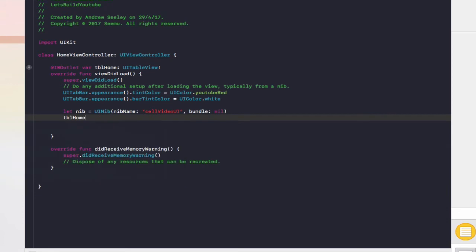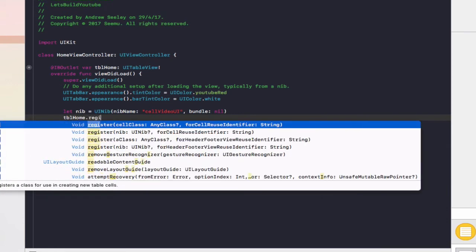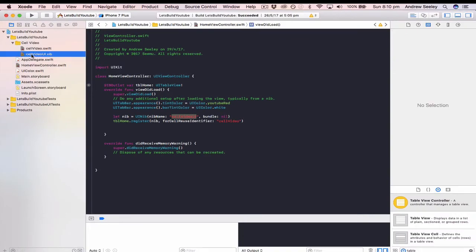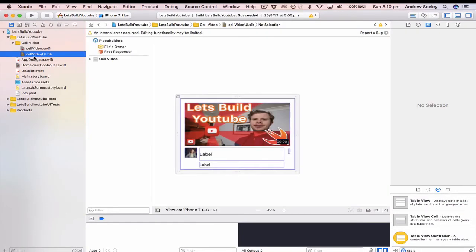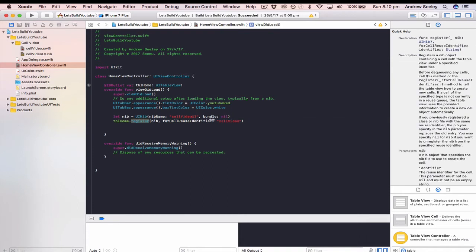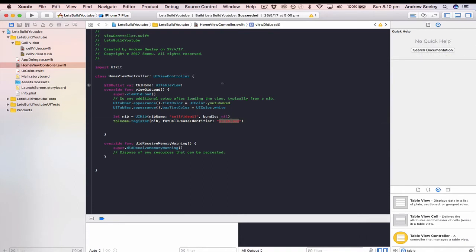Then we're going to do table home dot register, cell class is going to be nib, and for cell reuse identifier we are going to name cell video, and this nib name is actually nib here. So what this code is doing, this nib first of all loads up this interface here, the cell video.ui.zip, and then it will register that with our table view, which is called table home. It will register our custom cell, and the cell reusable identifier is cell video, in which case we need to